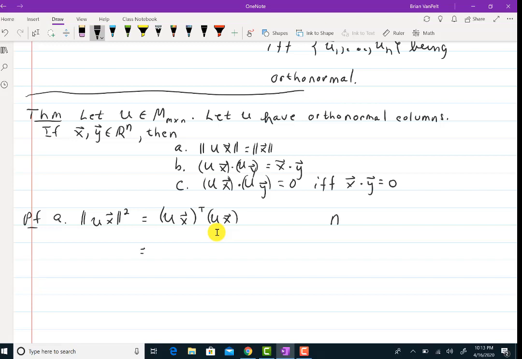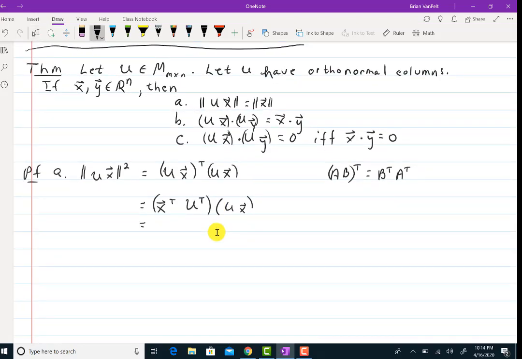Well, you may not remember this, or you may, I don't know. But when you take the transpose of a product, you get the product of the transposes, but in reverse order. So I'm going to get x transpose, u transpose, for that part, times ux. I can use associativity in this matrix multiplication to get x transpose u transpose u times x, and we just saw that u transpose u is equal to I,